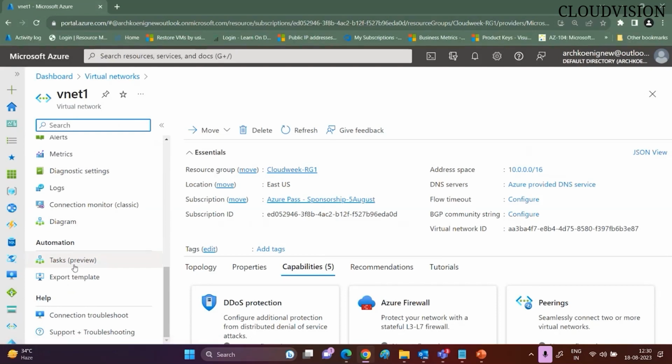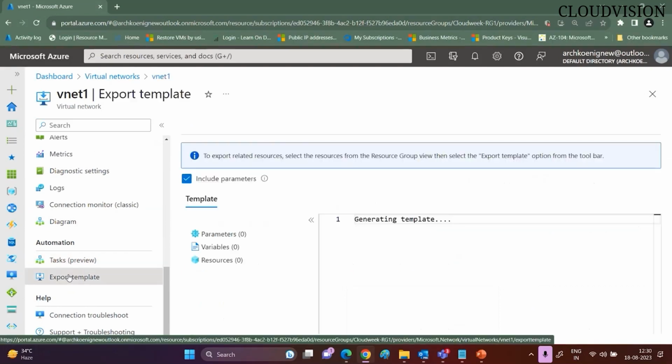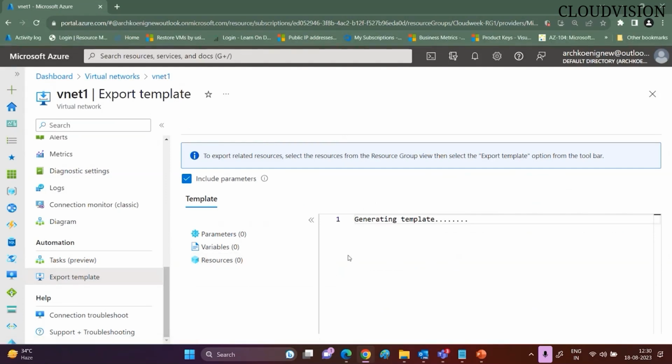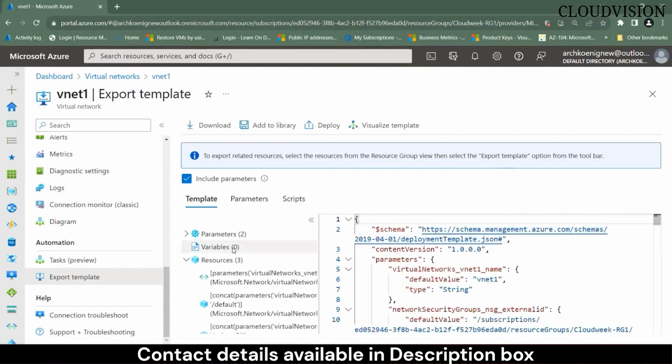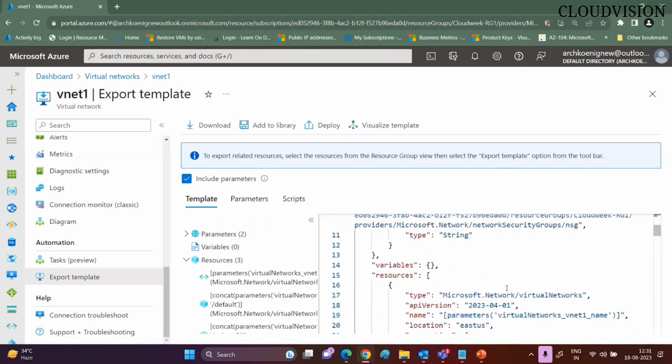In that case, you can go to the automation section and click on export templates from there. Now it is generating the template, and here you will find the template of your existing resource, which you can download, which you can reuse, which you can share with anyone else. That is called the export template option. It will take time, and you can see right now. Here we go. I can see the template of my existing resource